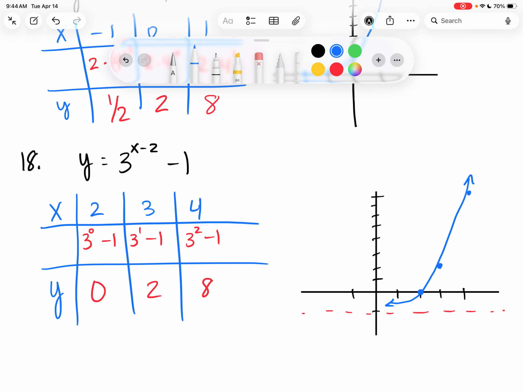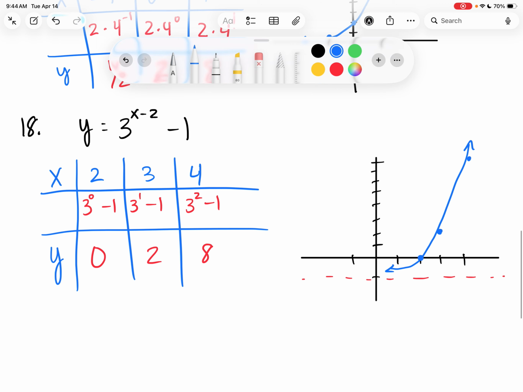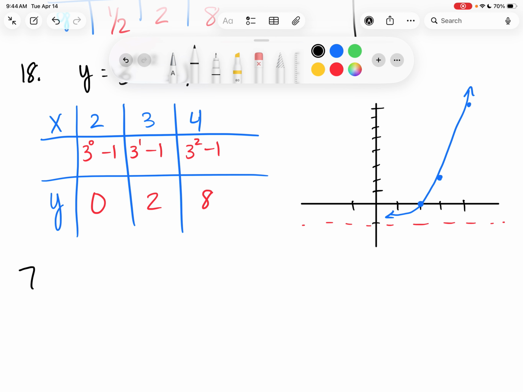Skip those for now. I may decide to come back to those in the future, but all right, I'm on to 7.2 problems now. So all of these have been exponential growth. One thing that I may ask you on the quiz, I may have you tell me, is this an exponential growth or a decay problem? So just be aware of that. If it's growth, it's going to be going up like this. If it's decay, obviously it's going to be going down. Pretty obvious, but